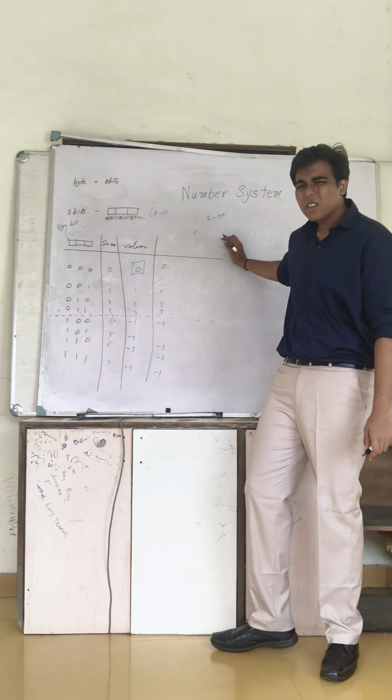So it could hold 8 values, and the number of values is 2 to the power n, which is 2 to the power 3, which implies 8. So we have 8 values that we can hold, and for the max value,